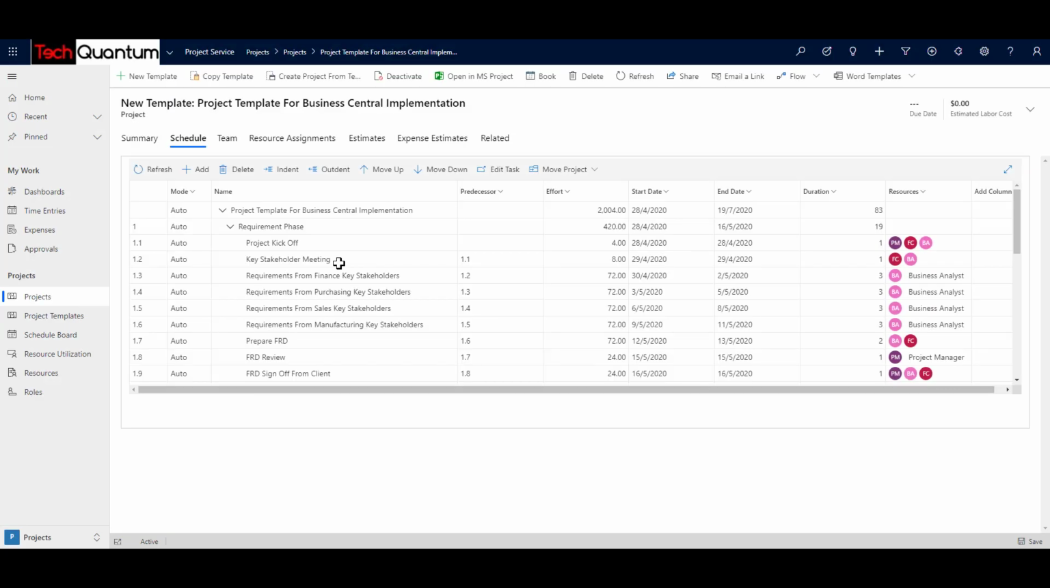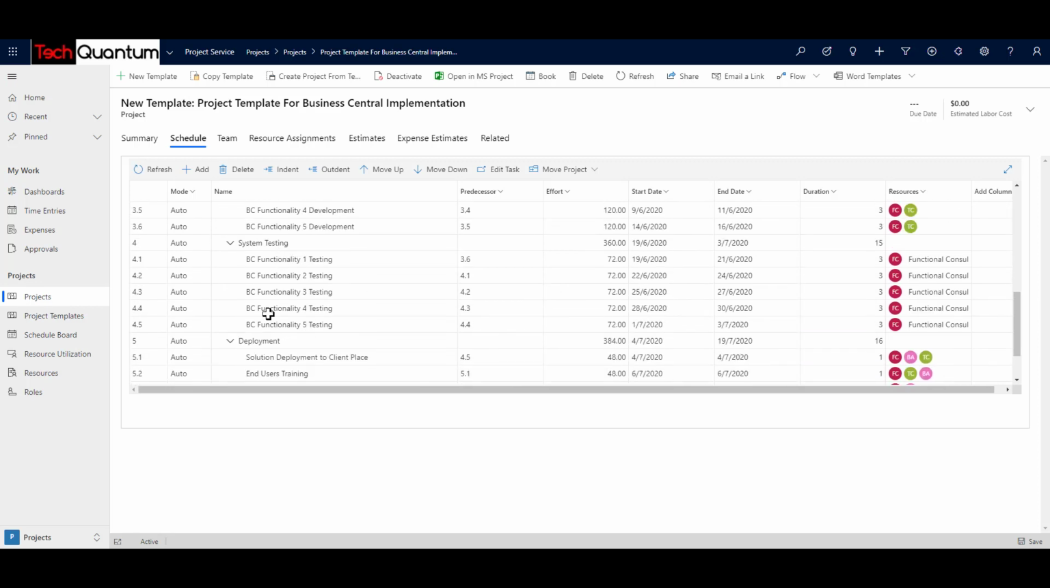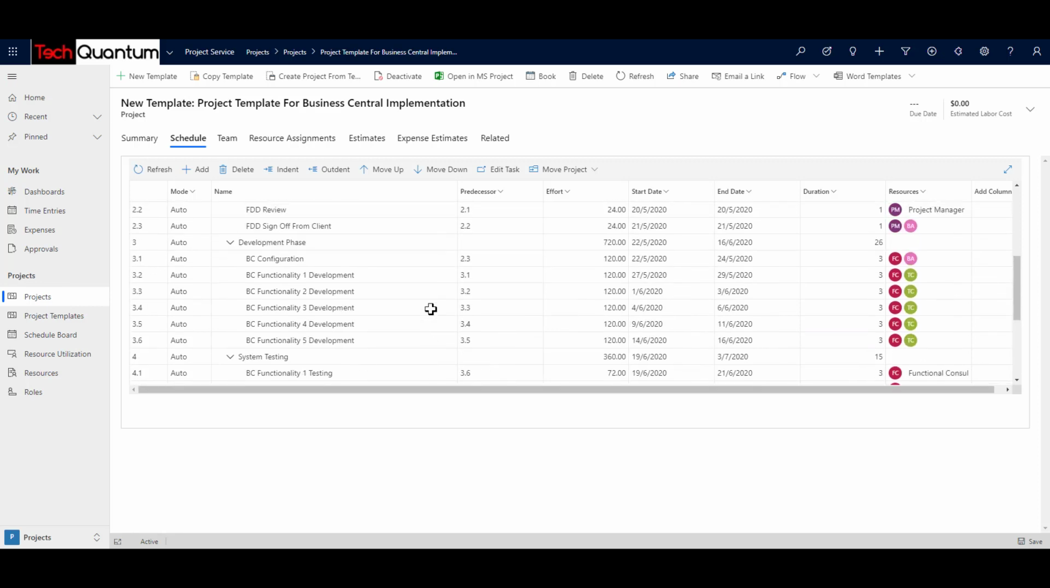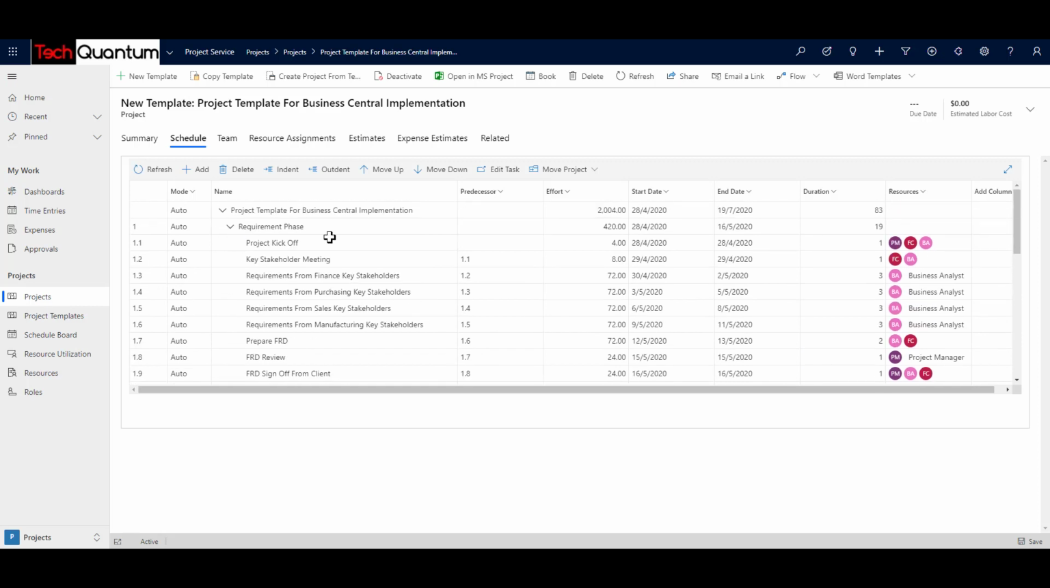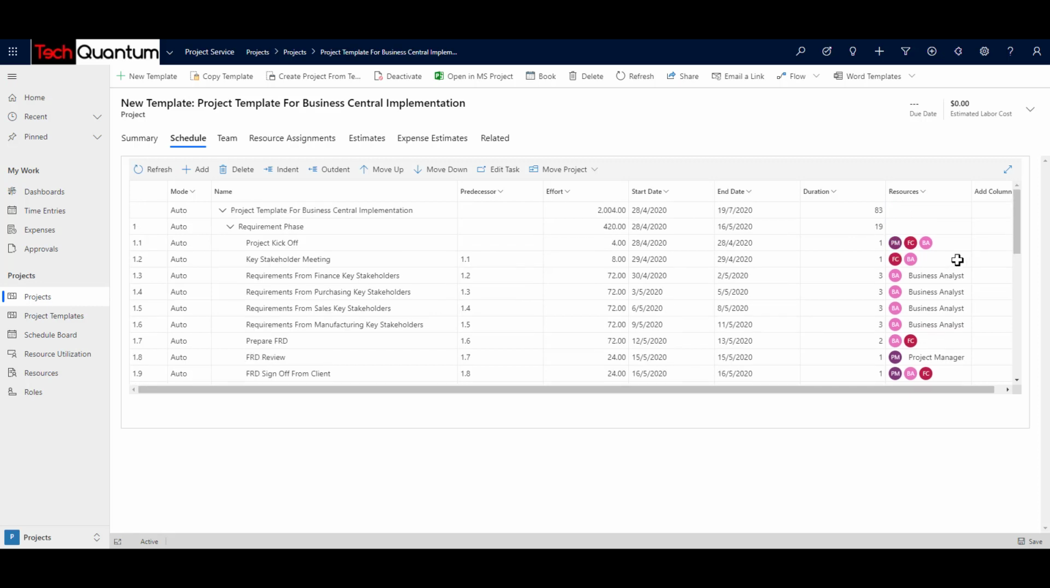So similarly, I have gone ahead and extended this schedule over here. So I have included requirement phase, design phase, development phase, system testing and deployment. This is just for an example. The actual project or an actual project template would be something different with more tasks and more detailing. So this is just to make you understand that you can define your schedule structure over here. You can define the predecessors, you can define the effort over here, start, end date, duration, and also assign the